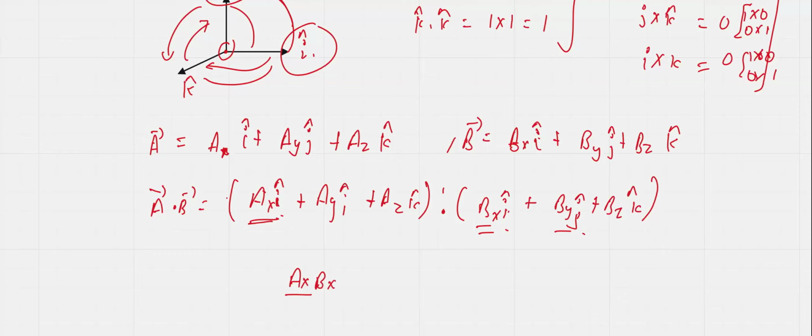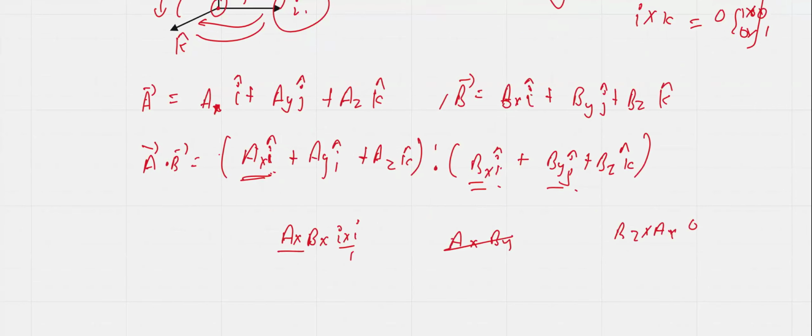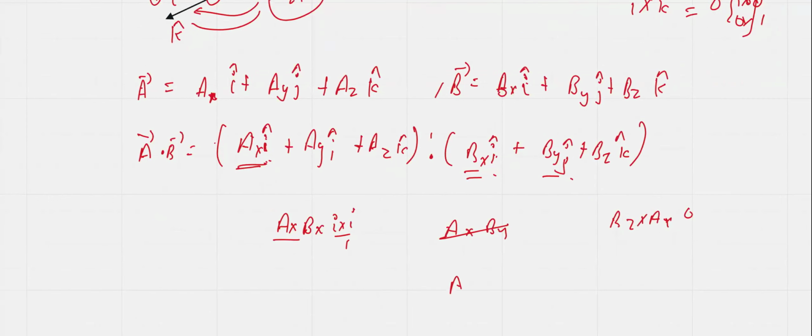But the moment you get ax with by, what will happen? I into j. You know I into j comes out 0 as a dot product, so this will become 0. Here you will have bz with ax; again I into k will be 0. So you can see only the I into I part is left as 1. The same for each of them: you will be left with ay and by. Here you will have only bz and az left. Okay, j into j,